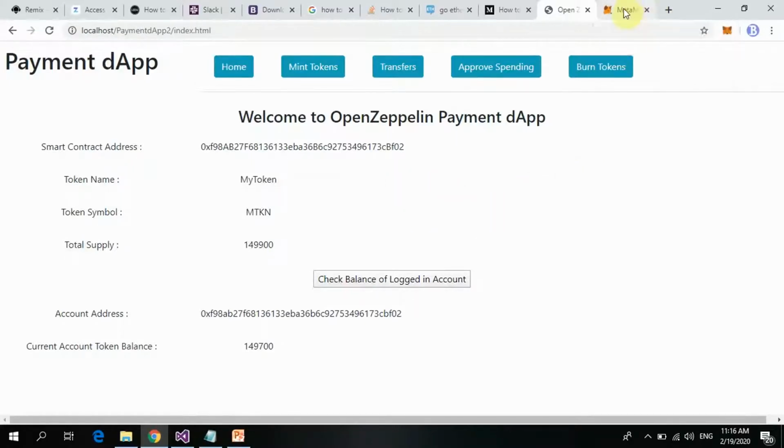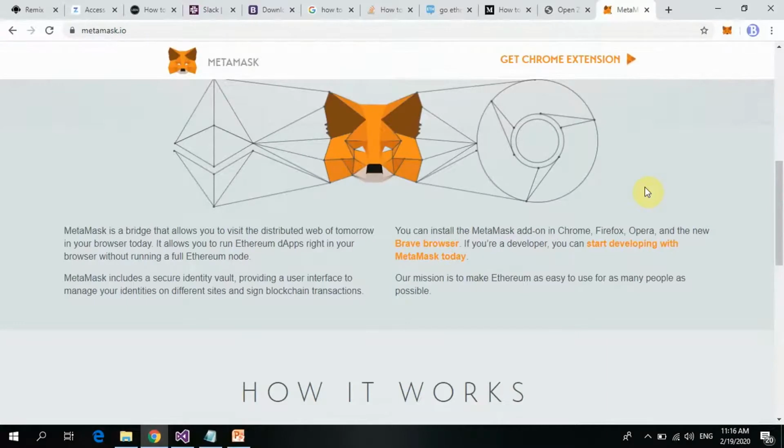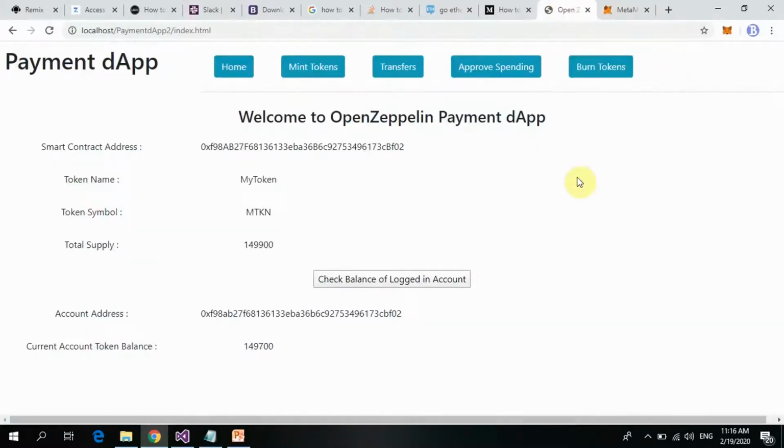So go right ahead and install MetaMask. If you're using Chrome like me, just click get Chrome extension and follow the procedures. But keep in mind that you need to save your 12-word seed phrase. You need to write it down and store it somewhere, more especially if you're going to put real money, real ether, in your MetaMask. So make sure you do that. Now once you have your MetaMask installed, which is pretty straightforward, the next thing is